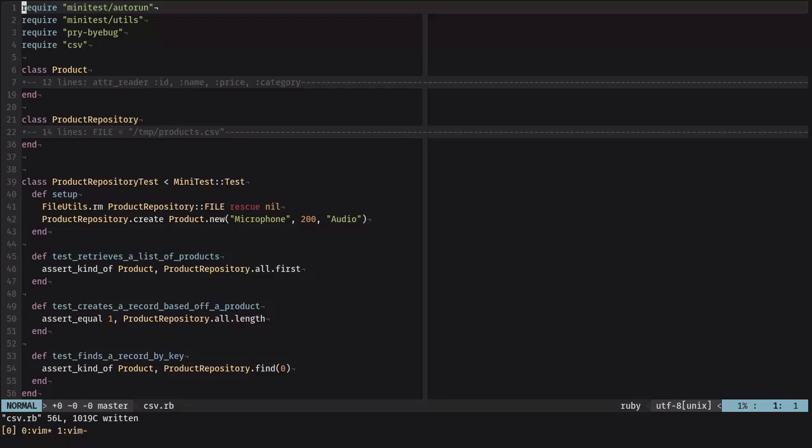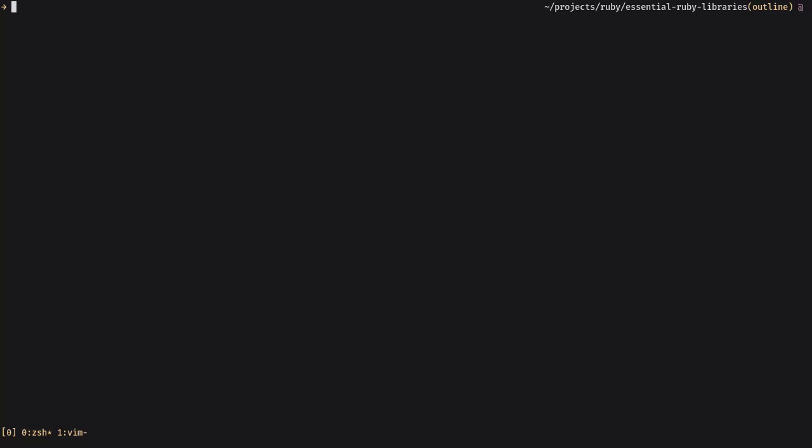We're going to load some gems to achieve our exercise. We're going to load minitest along with a utils gem and pry-byebug to debug our tests in case we need them. These two gems are not part of the standard library, so you'll need to install the two gems separately. To do that, you go to the terminal and type in gem install and then the name of the gems. One of them is pry-byebug and the other one is